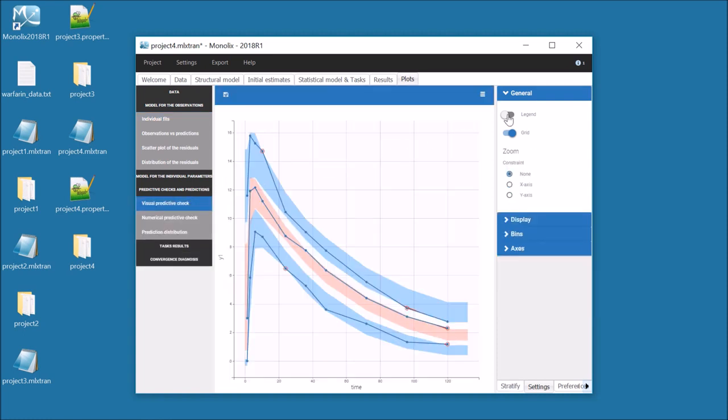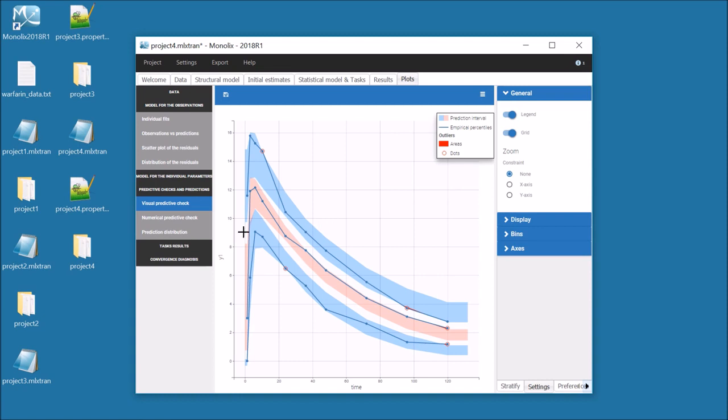The goal of this plot is to compare the empirical percentiles that come from the dataset to the prediction intervals for simulated percentiles that come from the model. There are few discrepancies highlighted in red, which means that the prediction power of my model is high with respect to this dataset. Let's have a quick look at a few other plots that are available without going into the